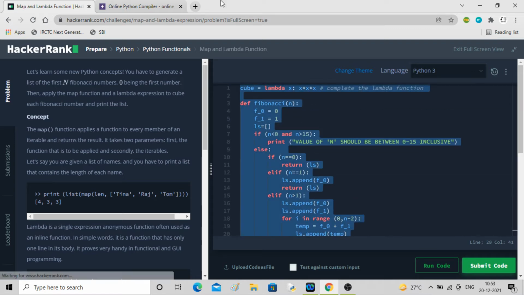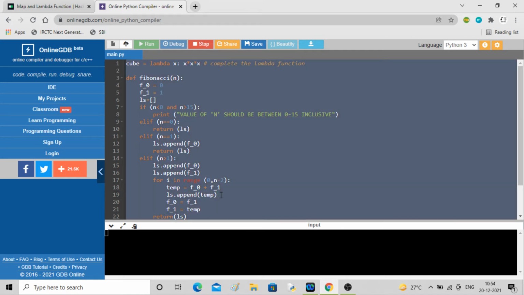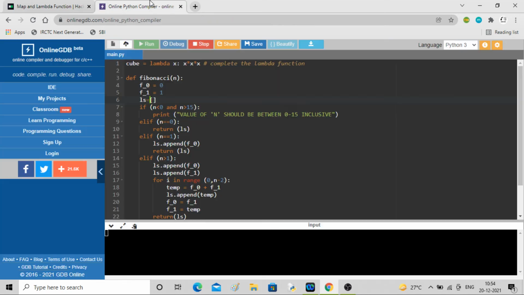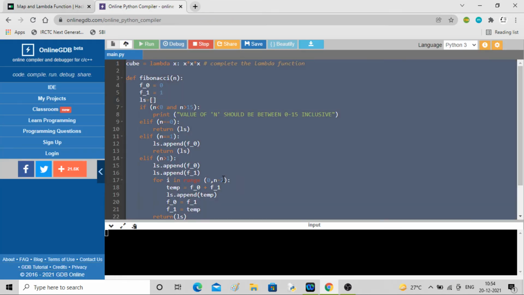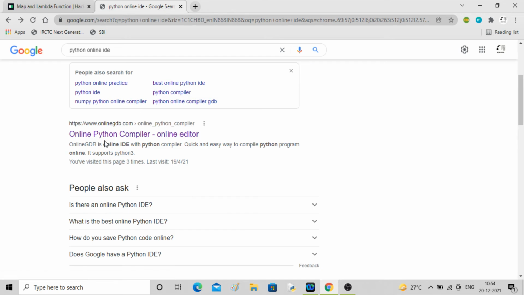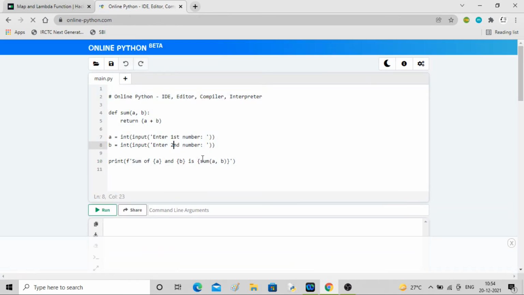Control A, C. Control A, V. Oops, Control A, C. Let me use some other IDE. Now it will work.